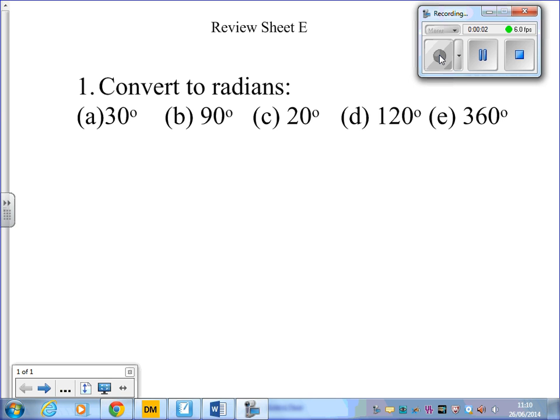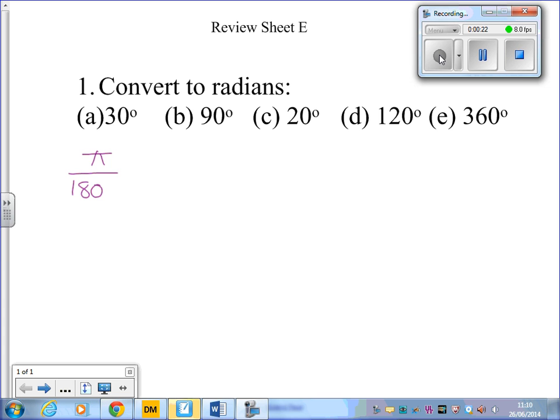These are answers to review sheet E. We're converting between degrees and radians here. What you need to remember is that pi radians is the same as 180 degrees. And if I want to end up in radians, I put my radian measure on the top, so pi over